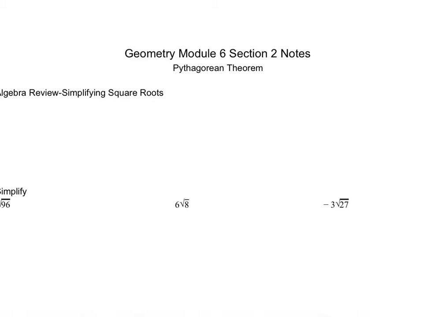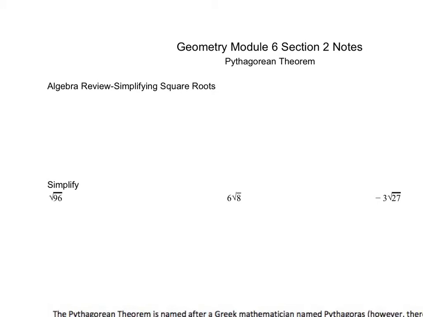In section 2, we're going to take a look at the Pythagorean theorem. But before we start talking about that, we want to review how we simplify square roots. The way we simplify square roots is if we have the square root of a times b, so we're multiplying two numbers, we can break it down as the square root of a times the square root of b,